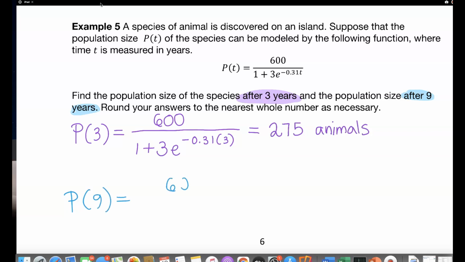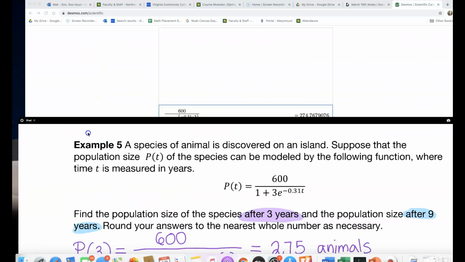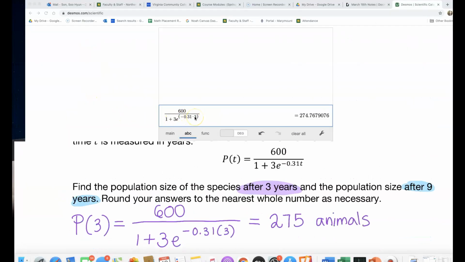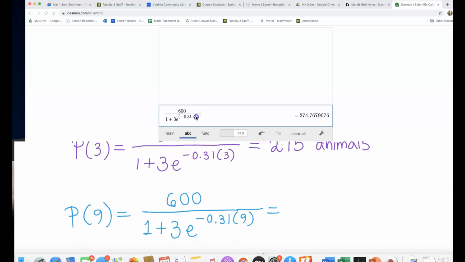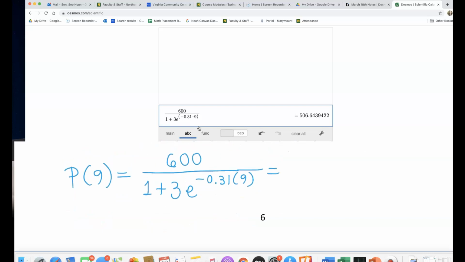So we're going to have more, right? 600 over 1 plus 3 times e raised to the negative 0.31 times 9. Okay, I'm now going to the Desmos Scientific Calculator, and I'm just going to change the 3 to 9 this time. Am I going to have 500 and, let's round that up to 7. I'm going to have 507 animals